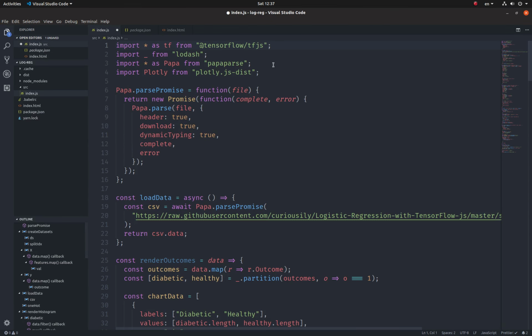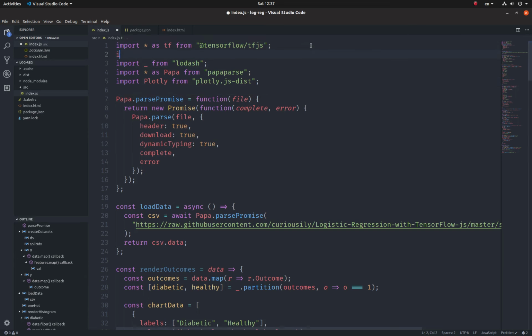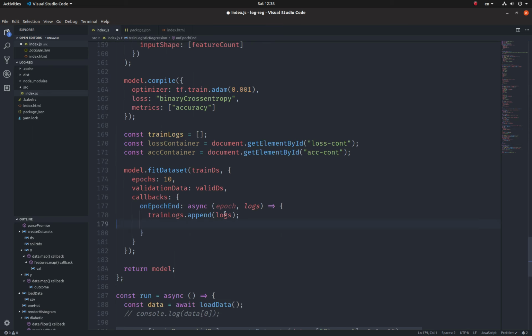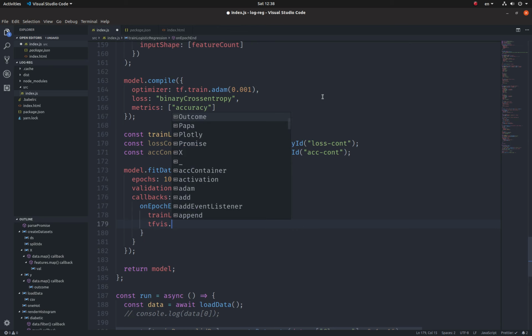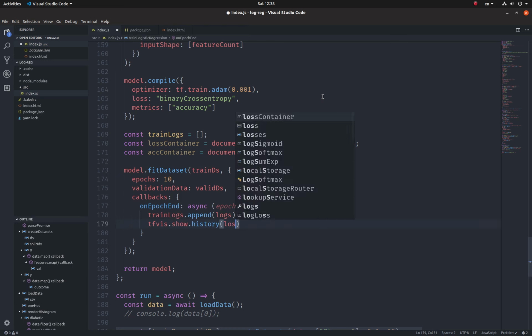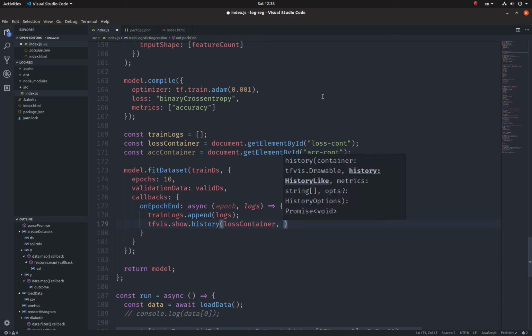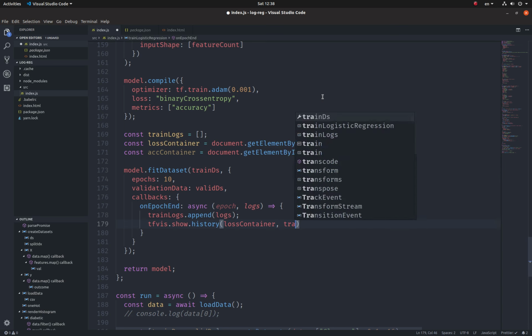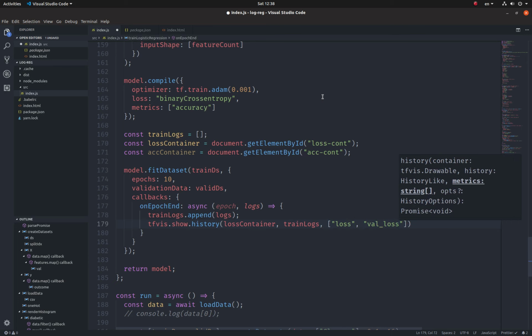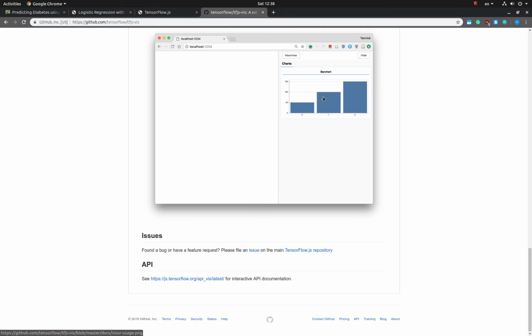Go to Visual Studio Code and import the library as tf_vis from TensorFlow.js, and when we go to the onEpochEnd callback, I'm going to show history, which shows the training history of our model, pass in the container, the div, and in here I'm going to put in the training logs, and as a last parameter I'm going to specify that I want the loss values and the validation loss values in here. So if we run all of this,